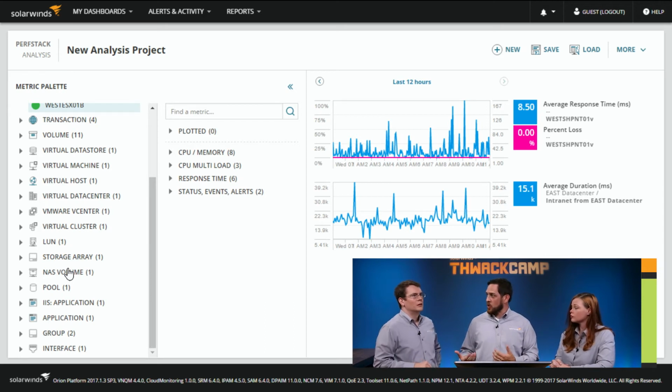All of these things lead to ultimately a response time increase, and the response time increase is the symptom of the problem, right? We're trying to find the root cause of where the problem might be. Yeah, so again, it's relationships. With NetPath, it's the relationships of the hops that the packet flows through, whereas for you, it's layers of technology, whether it's VMs or storage or database, all of that sort of stuff. But still relationships. Absolutely, and that's where it's really important to understand where those relationships exist.